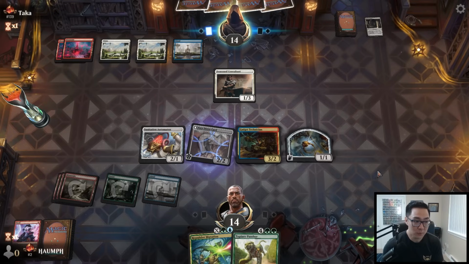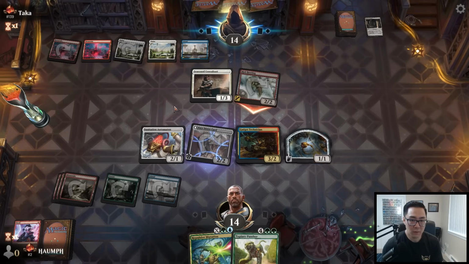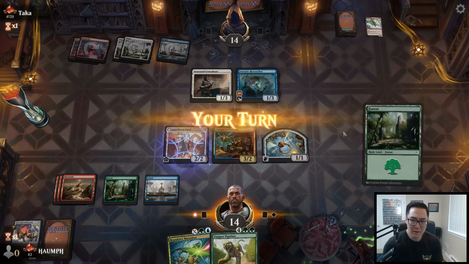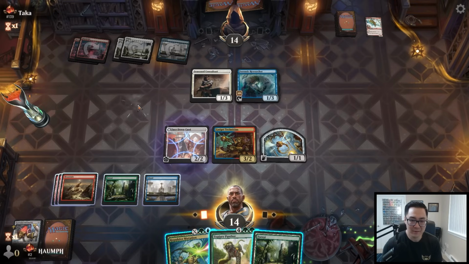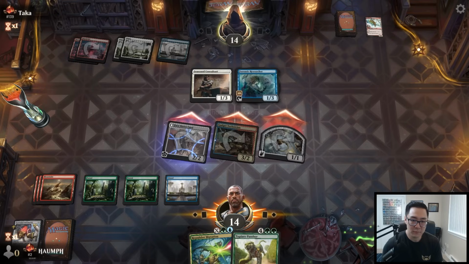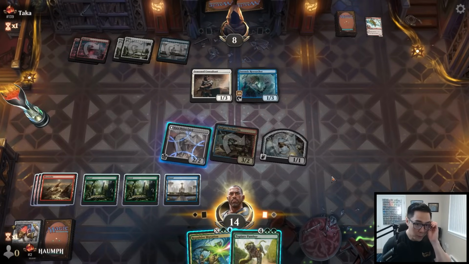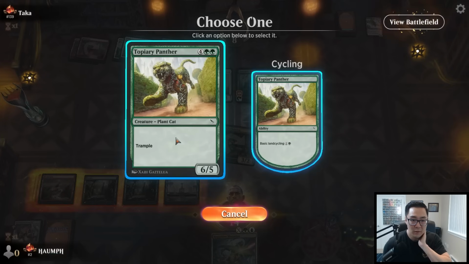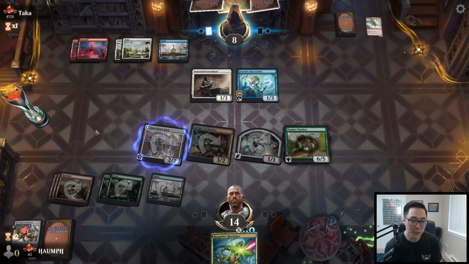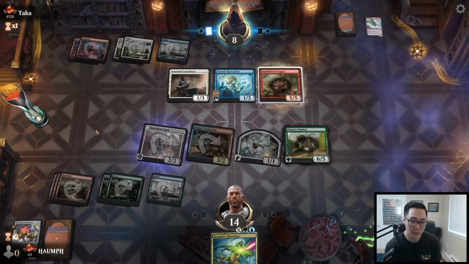Oh, they went and fetched an island, though. It's a little scary. Red Herring, okay. I am okay with that trade. And wait. A Forensic Researcher on the splash? That's really weird. Do I just play the Panther? I think so. Like, this mutation's still just going to be good as a combat trick. And the Forensic Researcher does tap down something, so...